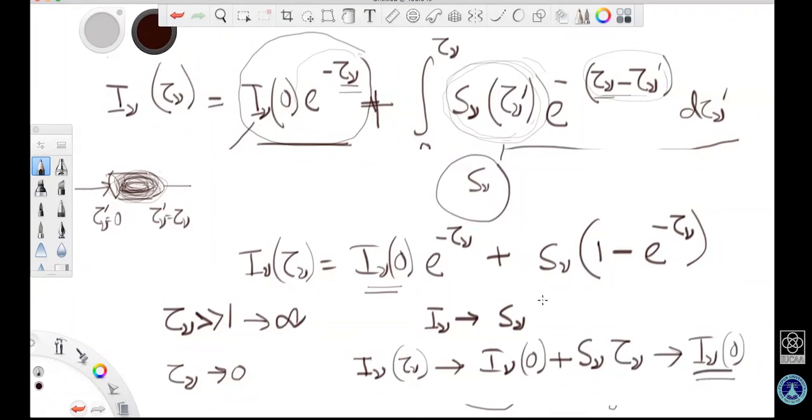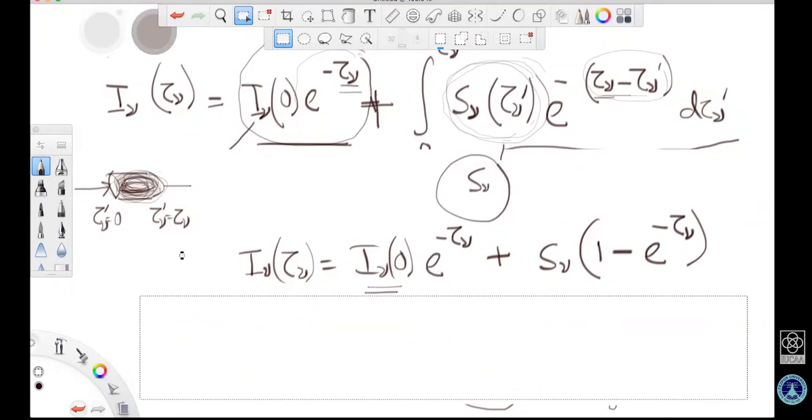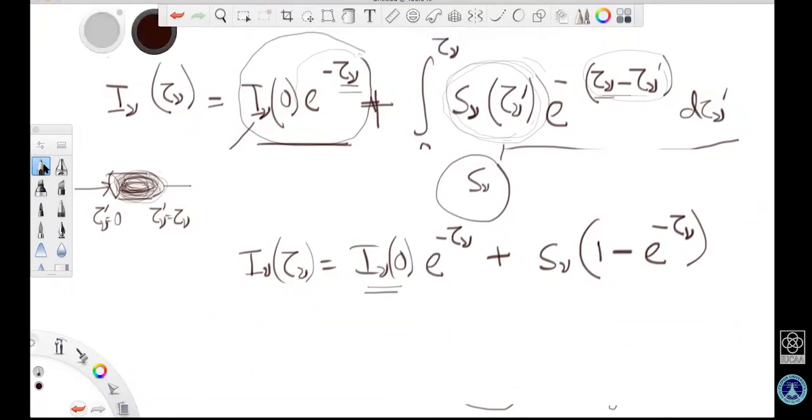Now, okay, then we can also talk about other limits. We can clear this, and let's see, there is only absorption and no emission. So if there is no emission, then I will not have this term. Only absorption. Let me highlight it, because this is going to be important. Only absorption, which will mean I nu that I will get,